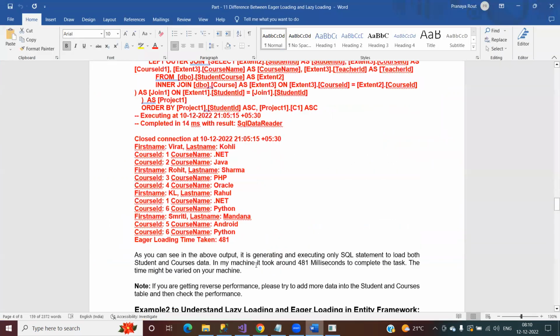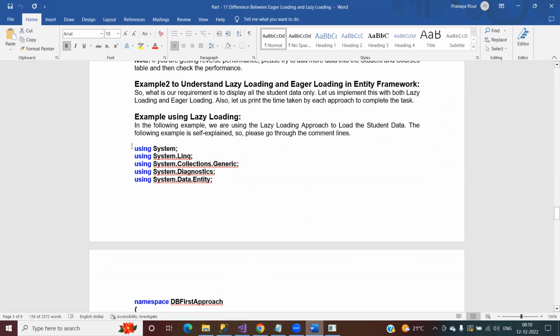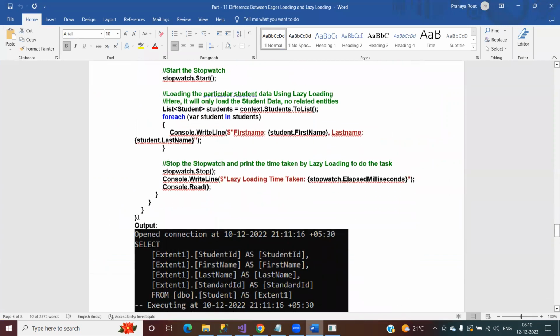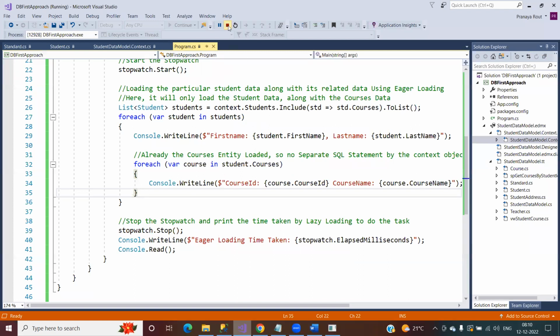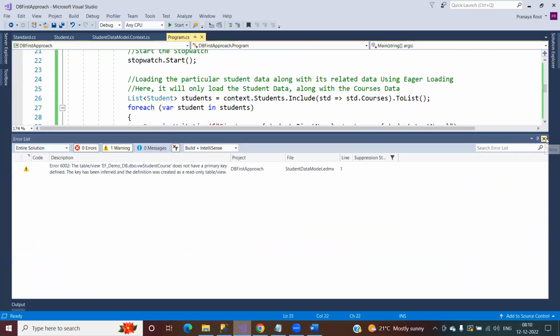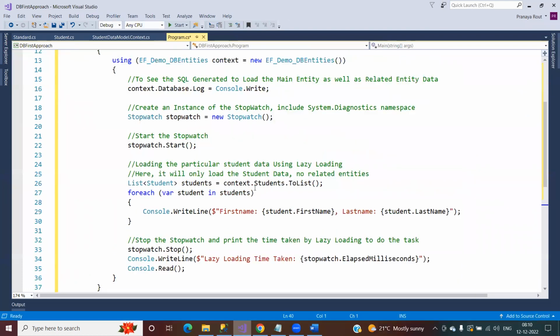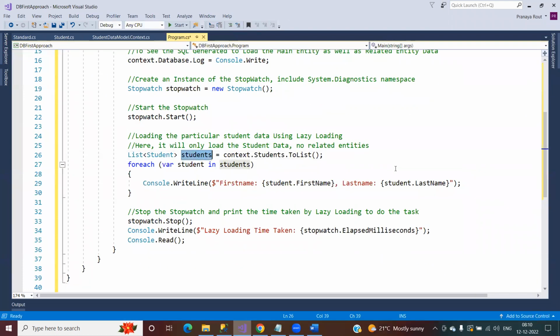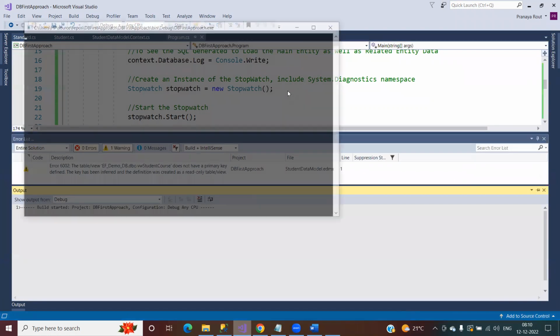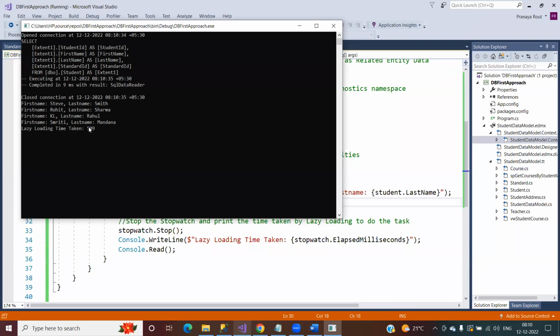Now let me give you another example, right? In this example, I'm not interested in the child entities. In this case, you can see I'm only interested in the student entity. So I'm using students and to list. I'm only interested in the student entities. I'm printing the student name and address. So in this case, with lazy loading, one select statement will be issued without any kind of join, and that is going to return me the data in 500